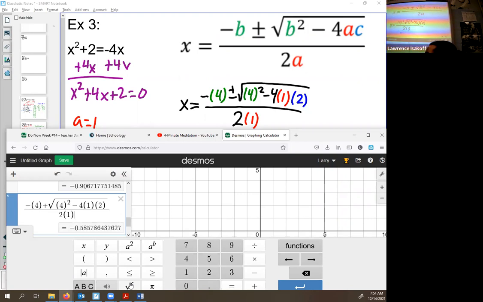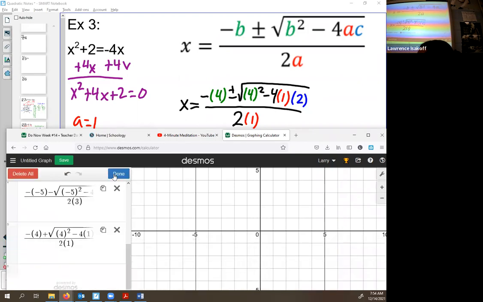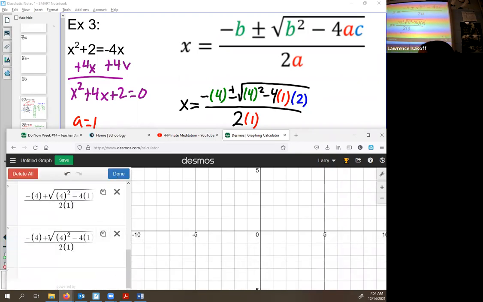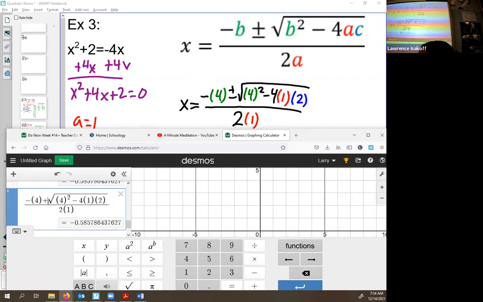Okay, so here we get negative 0.586. That's one of my answers. I'm going to go to edit. Let's duplicate it and now flip it from being a plus to being a minus, and we get negative